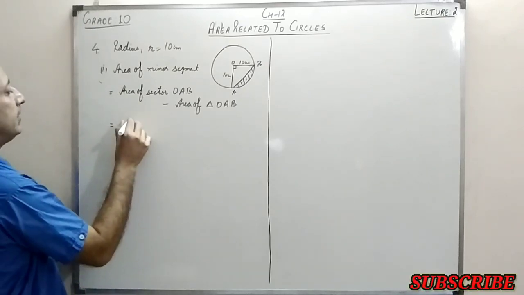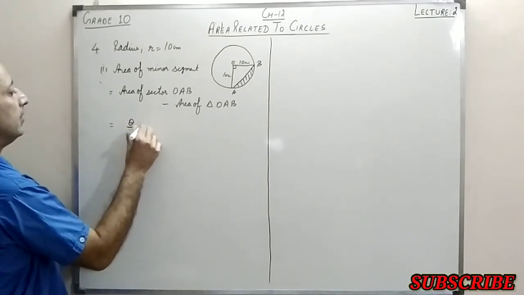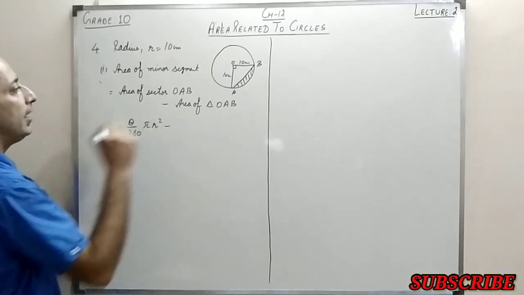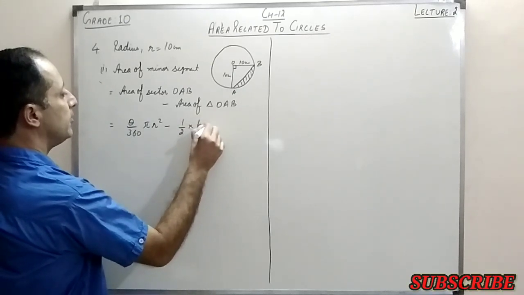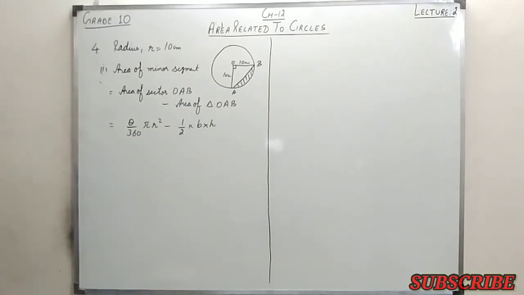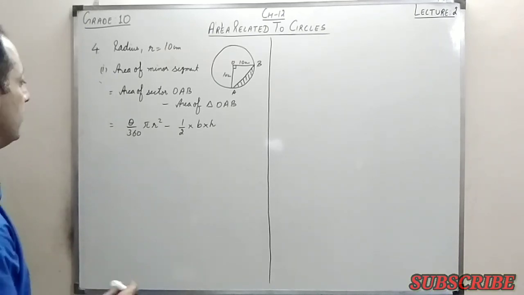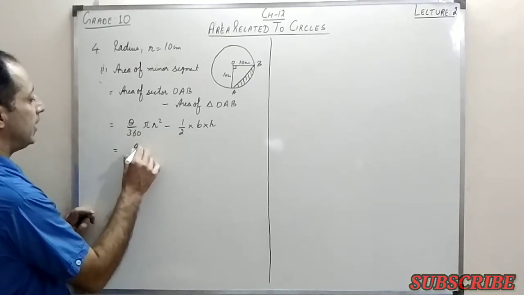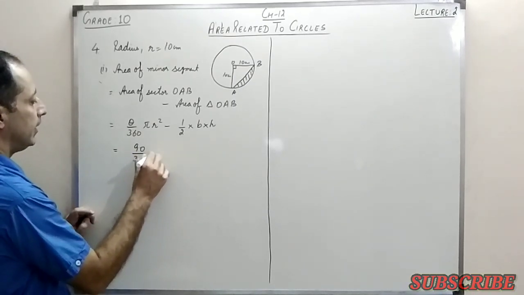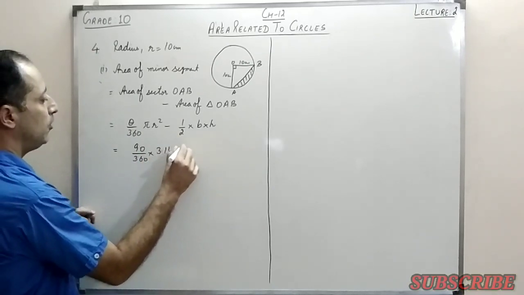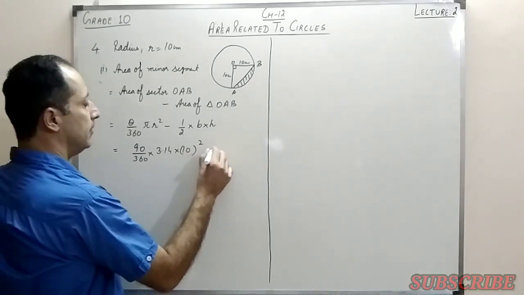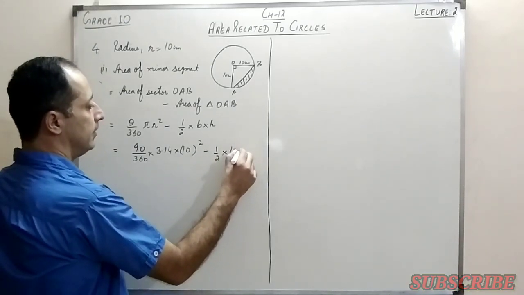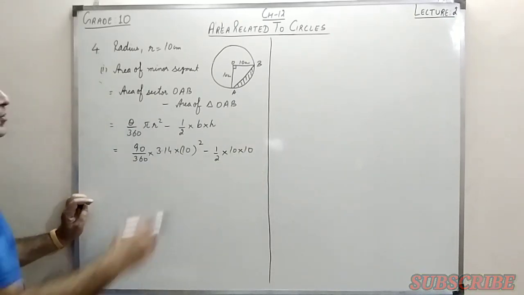Now the area of sector is theta by 360 pi r square, and since the triangle is a right angle triangle, the area is half into base into height. One more thing, in the question is given, we have to take the value of pi as 3.14. So this is 90 by 360 into 3.14 into 10 square, because the radius is 10, minus 1 by 2 times 10 times 10, because base and height both are